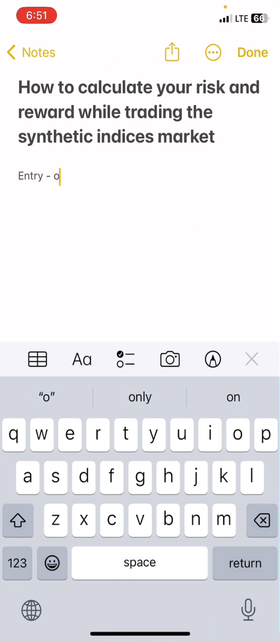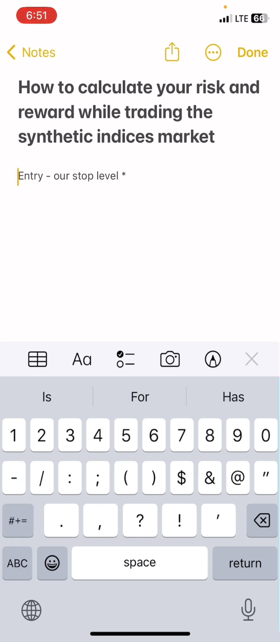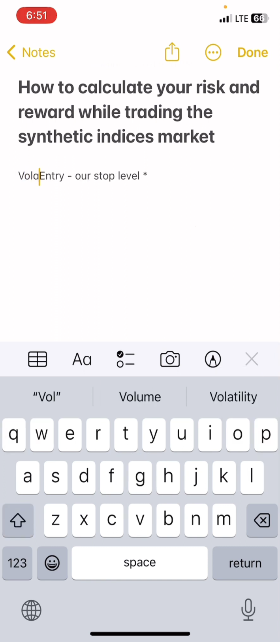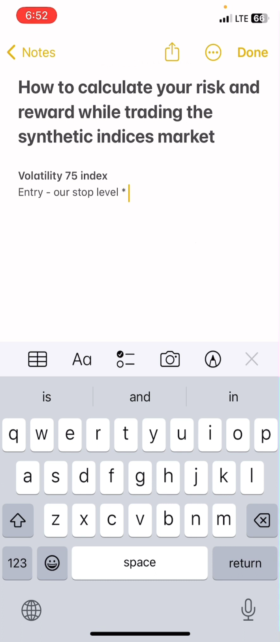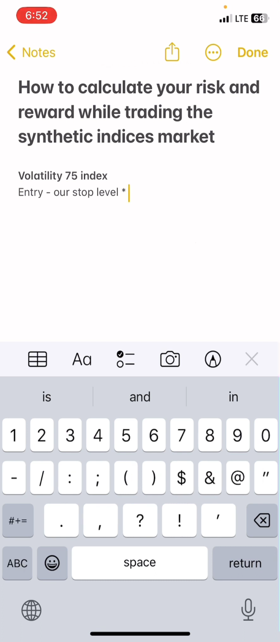minus our stop loss level multiplied by the lot size we're using to trade. We're using the Volatility 75 index for this practical. So the formula we're using in calculating our risk is our entry level minus our stop level multiplied by our lot size. We'll be using the lowest lot size in this calculation. So our lowest lot size in the Volatility 75 index is